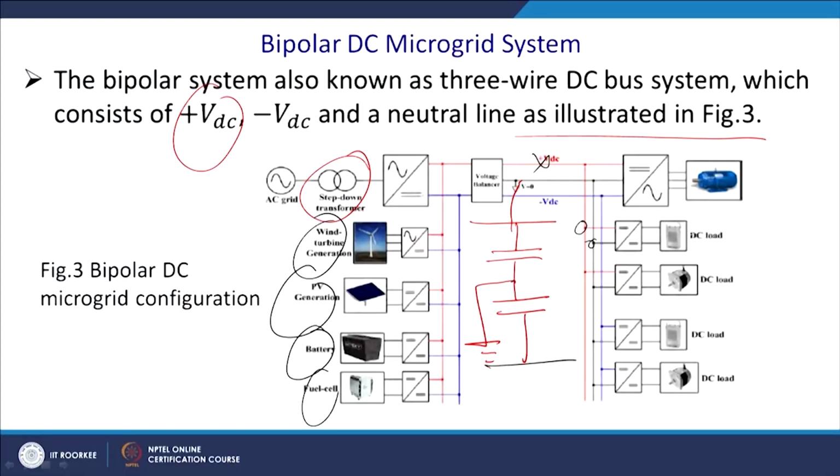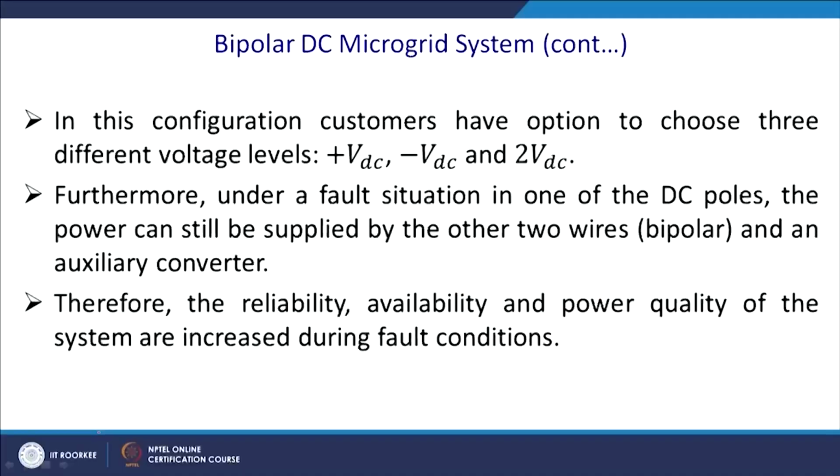Same way for the DC load, you will be connected here, and to balance the load some loads will be connected negative to positive, negative to positive. So, these are the cases. In that way you try to balance and also you provide the redundancy of your loading, that is called the bipolar system. In this configuration,